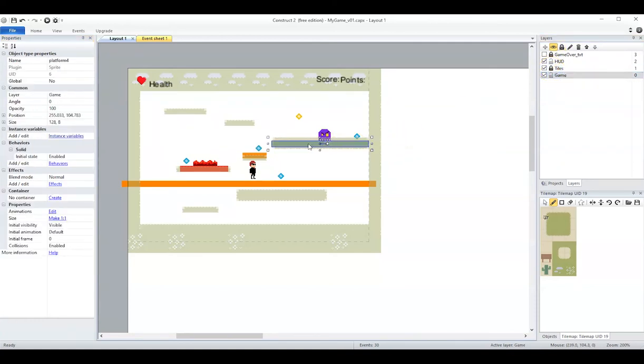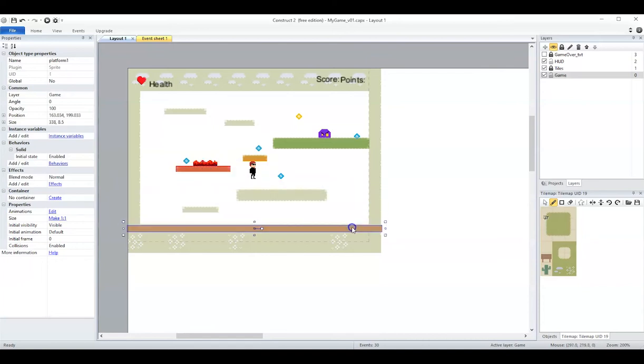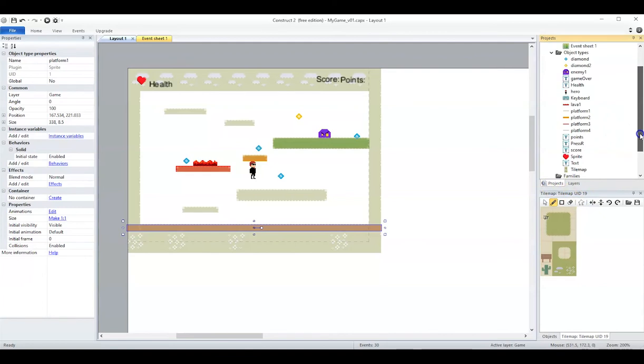Now let's go back to the game layer and move the platforms so that they will stay behind the tiles, like that. This one, I have to resize it a little bit, like so. This one comes down here. Can leave it just like that. And actually now I will make